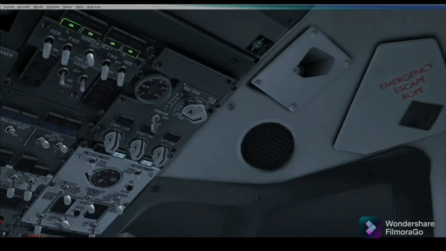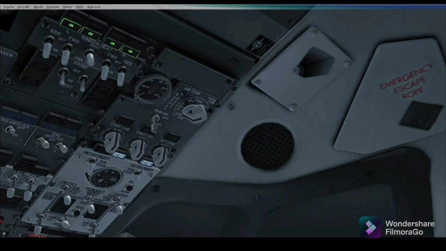In the overhead panel, there is another section. This is a temperature control section. The panel monitors and controls the cabin temperatures. The rotary control at the top right is used to select the region of the cabin to be monitored, with the associated temperature being displayed by the gauge at the upper left.